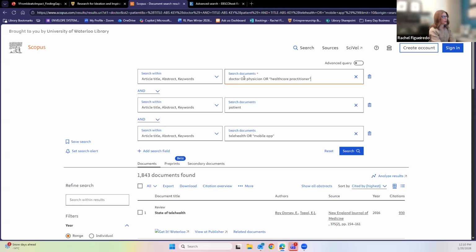And then what you can see here is that I've typed in some of the ORs myself and relied on this database to include those ANDs throughout. So in the end, it's still creating the same search, whether you do it all in one line or whether you separate it out. It's maybe just visually to help you see the search fields a little more clearly, depending on how complex you wanted that part to be.